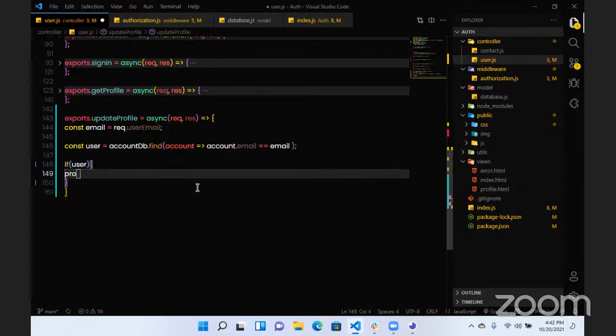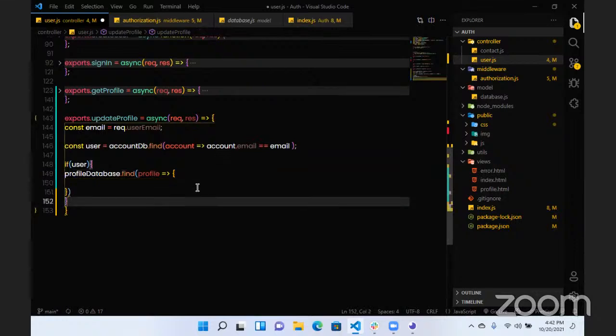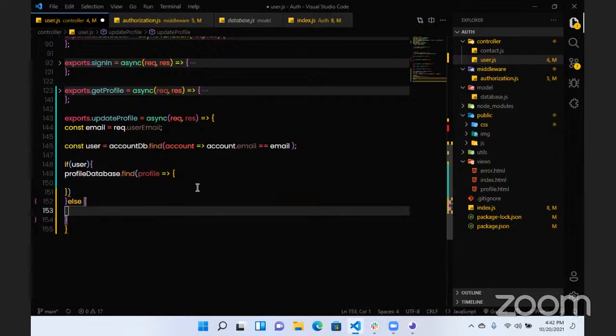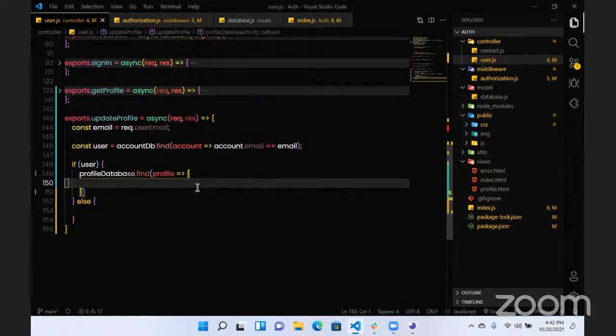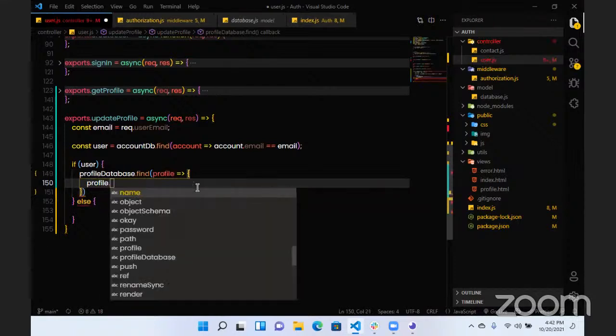So we call profile database here now. That user.find, now find the user profile. So now we know that, okay, we have this user, but in this other part, we can send res user not found, right? Yeah. So here now we say profile dot, let's just override what we have there. Profile dot,